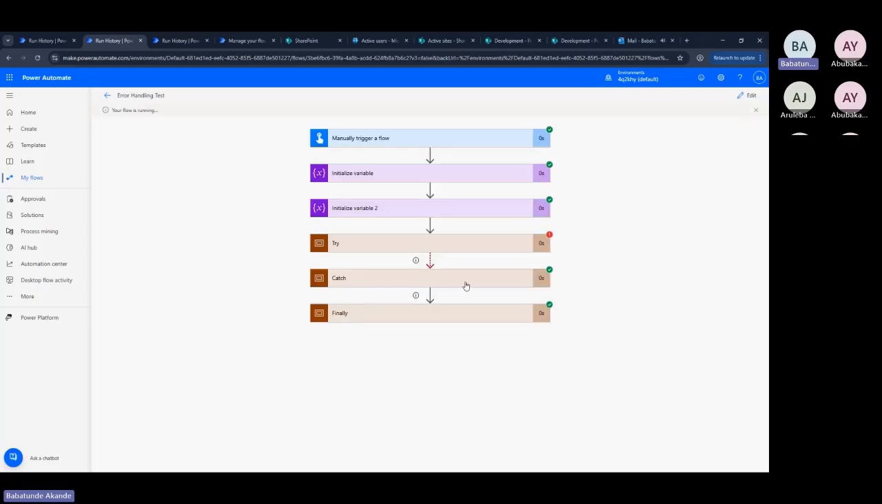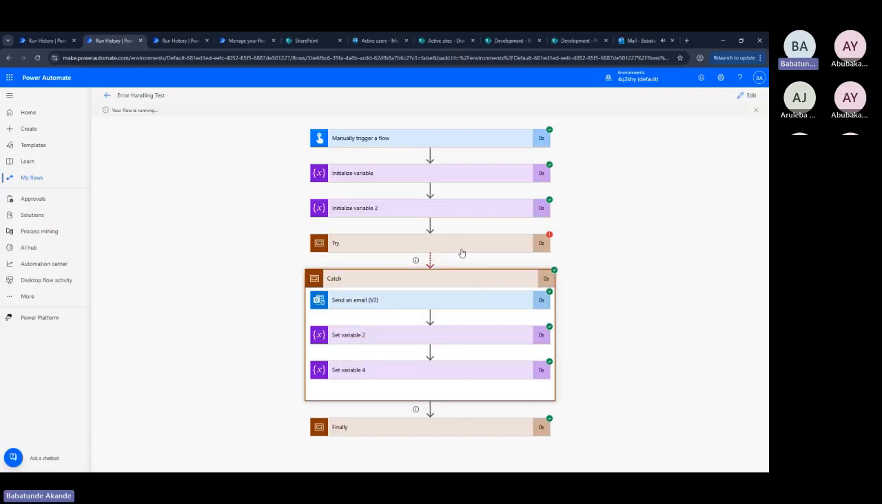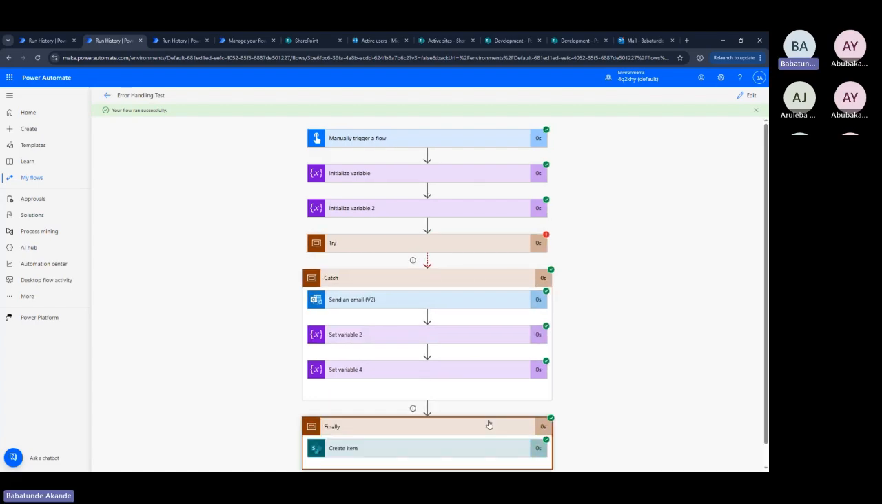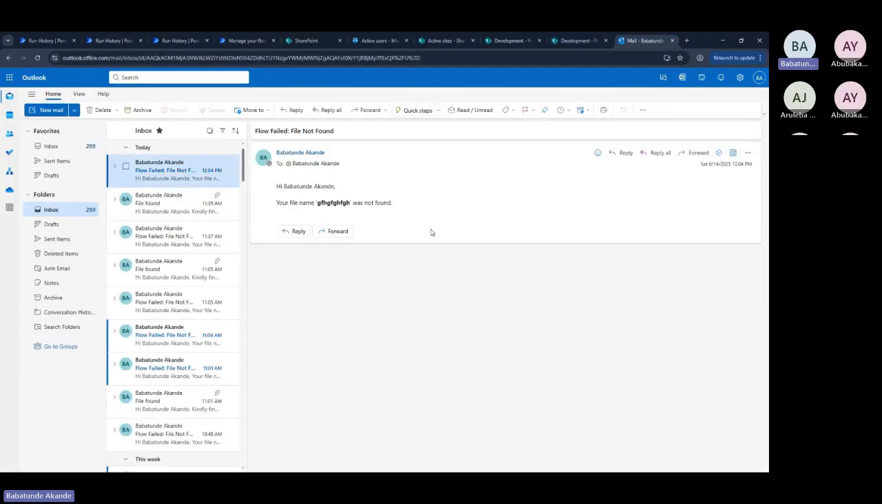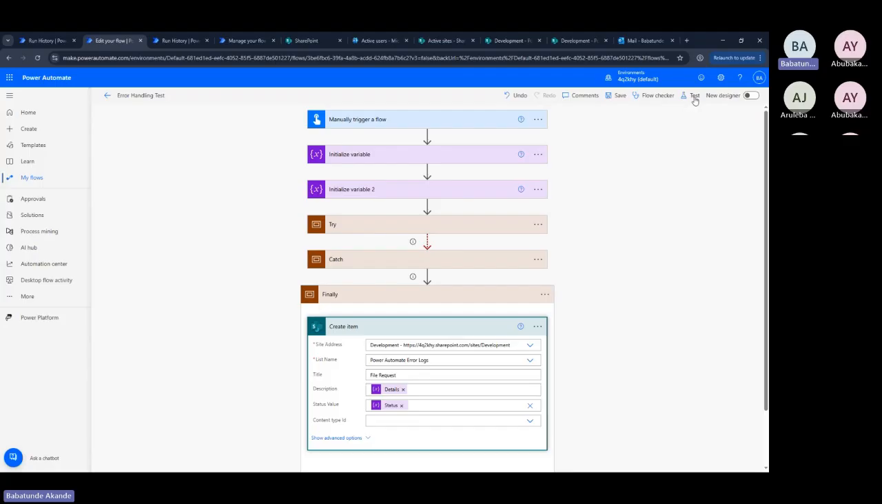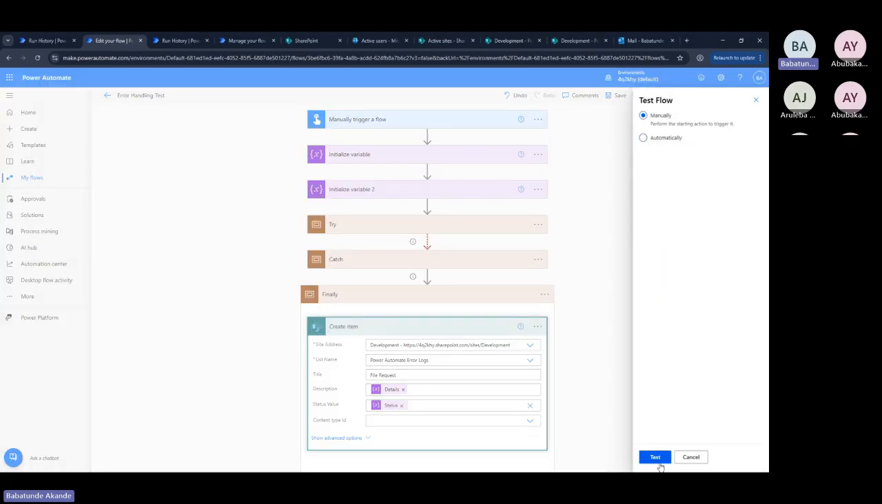So we have run that now. At that point, this has failed, this is skipped, and it has logged the error. I've gotten the mail that this was not found. And if I rerun it again using a valid file name,